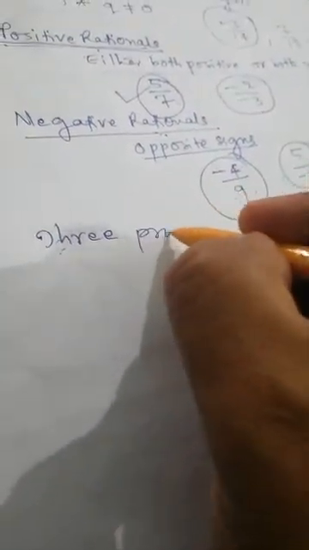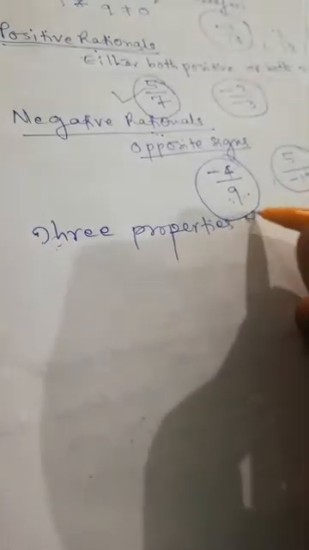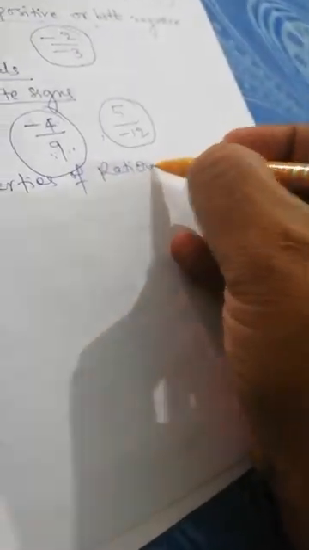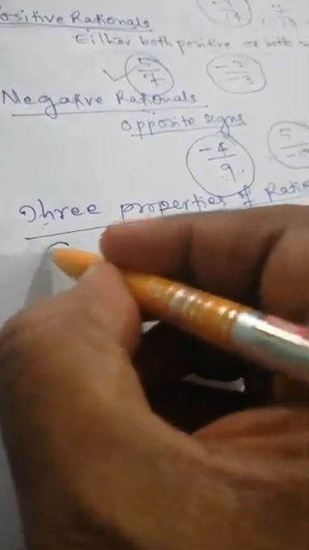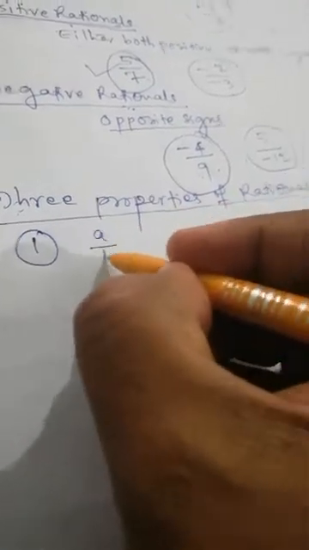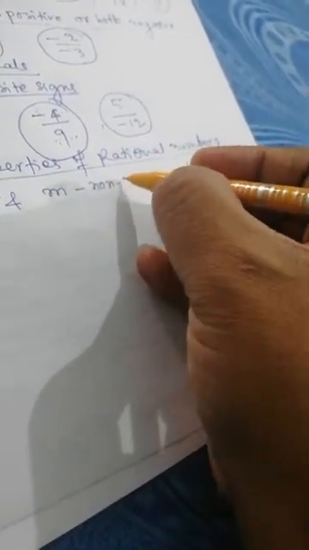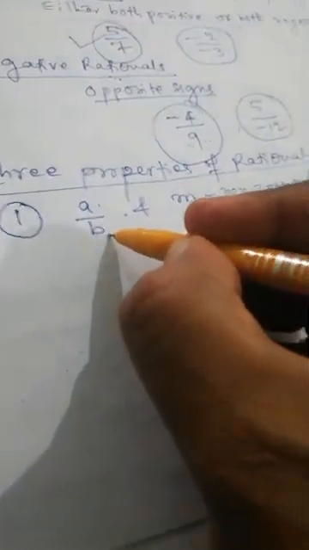Now come to the next point. We are discussing three properties of rational numbers. First property. If a by b is a rational number and m is a non-zero integer, then a by b can be